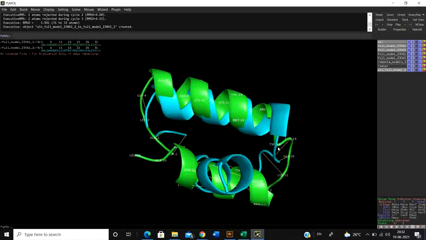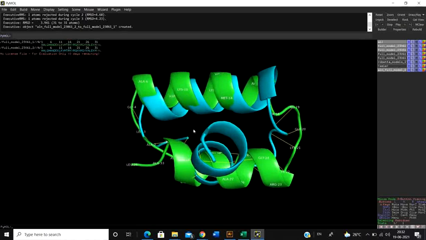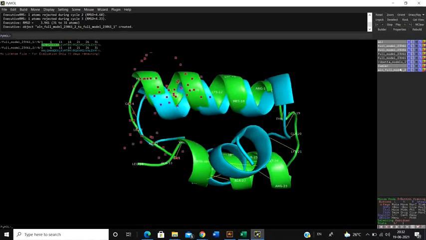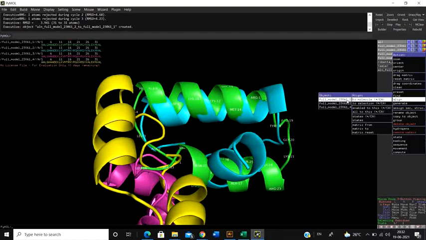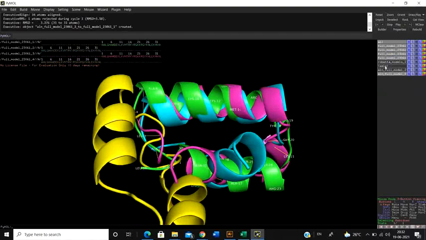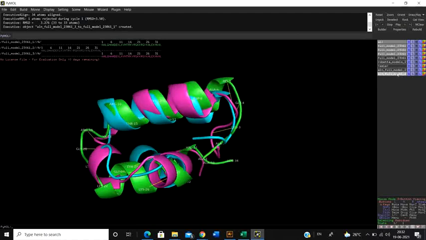these yellow stretches are the differences. That means this glycine was earlier here, but in this particular case, this is where the glycine is. This is the difference between the atoms. Okay, so let it go. Again, click on the third model, align 2 molecule to the first model. So it also got aligned with the first model. See, it also got aligned with the first model.